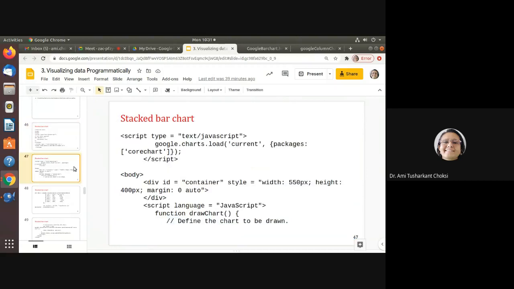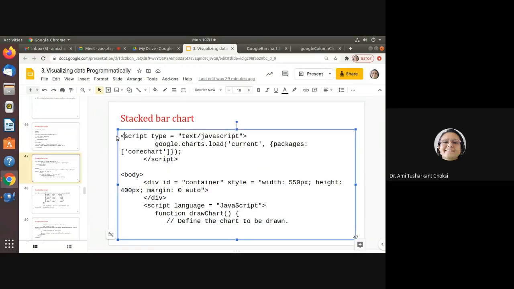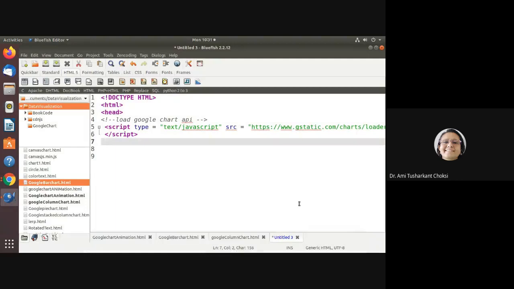Now what we should do is have the loading of packages, right? And then after that we'll be writing the drawChart function. So what we do here is load the Google chart packages.